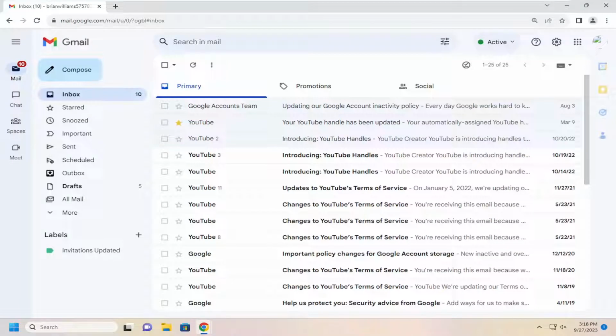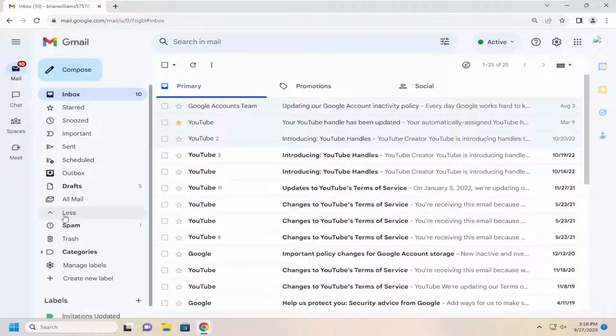In today's tutorial, I'm going to show you guys how to check your spam and junk folder in Gmail if you're looking for missing messages. So this should hopefully be a pretty straightforward process here, guys, and without further ado, let's go ahead and jump right into it. So all you have to do on the left menu underneath Compose, just go down this list